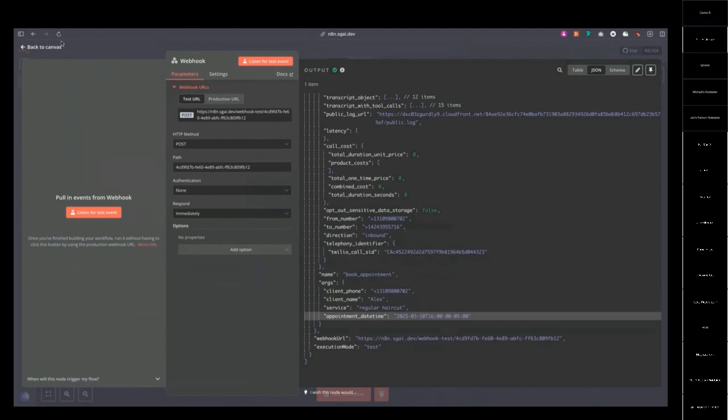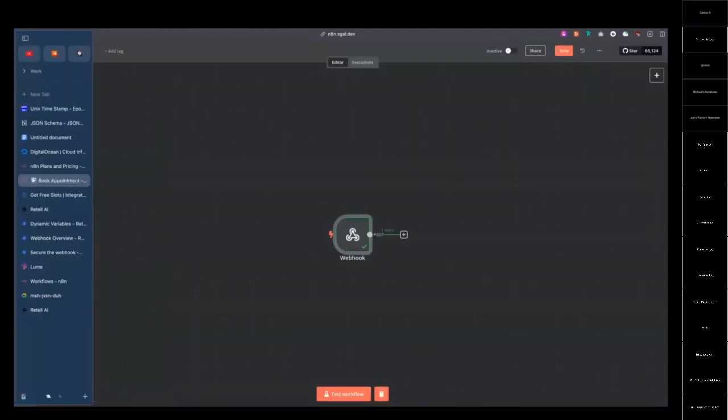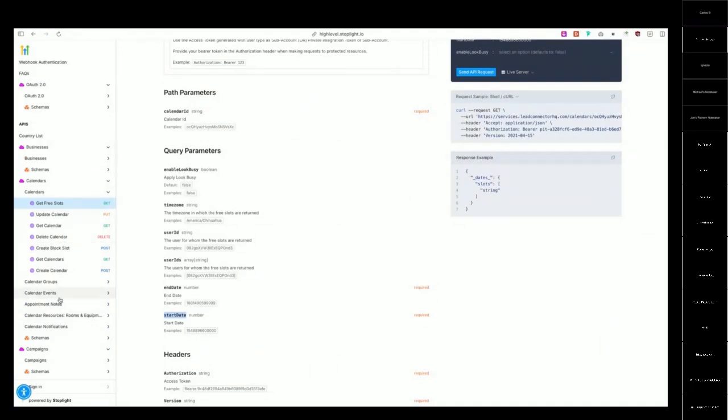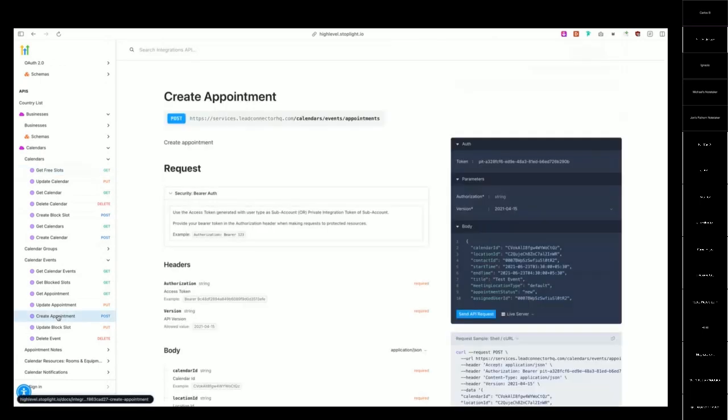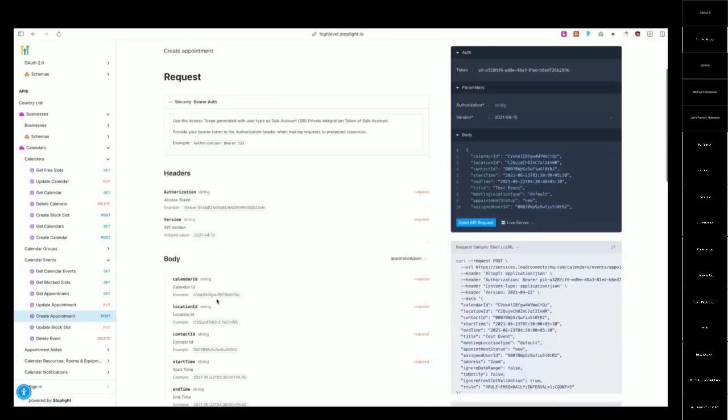So now let's go ahead and make that appointment in GHL. Before we make the appointment, let's take a look at documentation really quick for appointments. Here under events, calendar events, we can see that we have this create appointment. But in order for us to create an appointment,